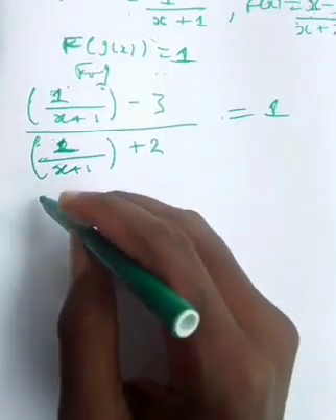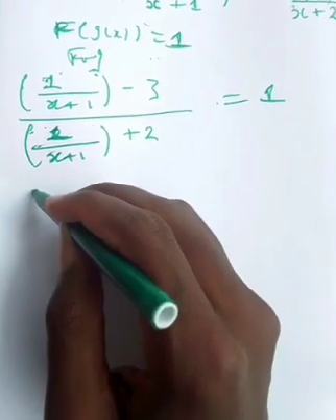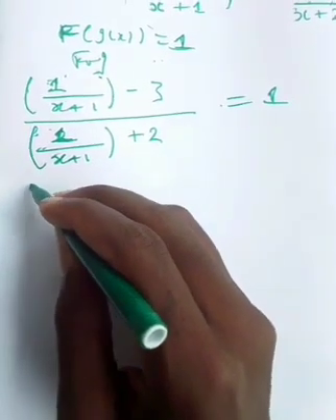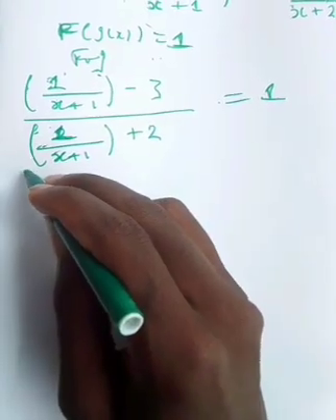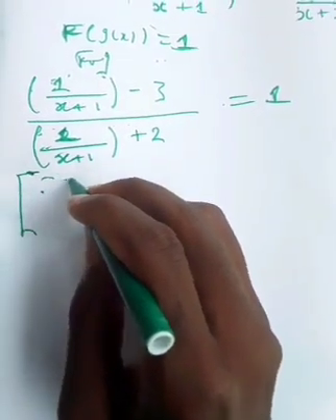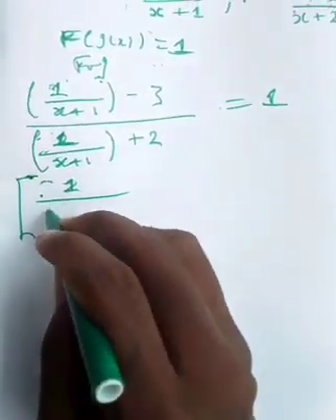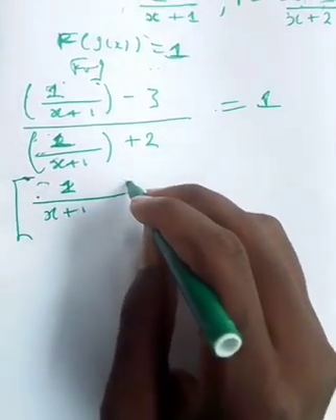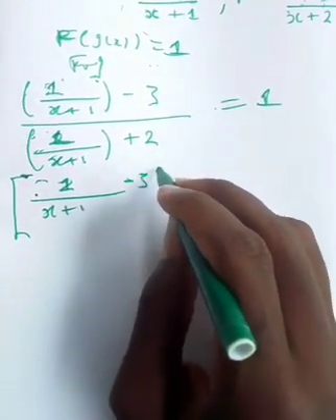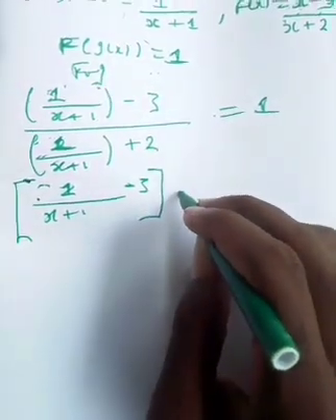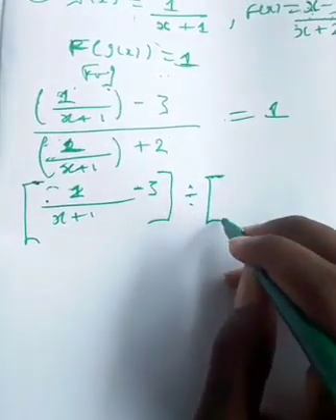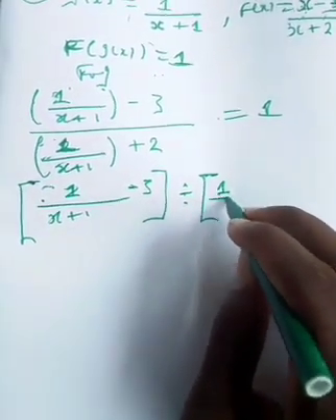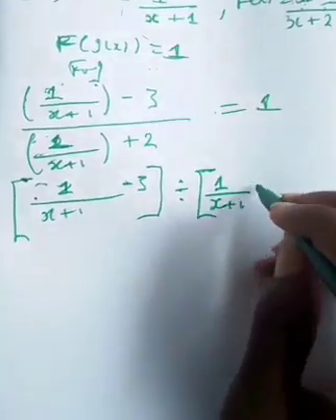So you know that... so here's how you can simplify this. You can say 1 over x plus 1, simplifying like a grade 1, divide by 1 over x plus 1